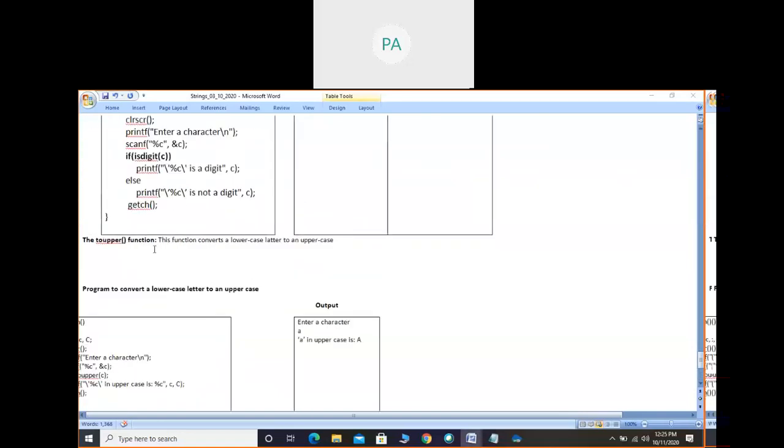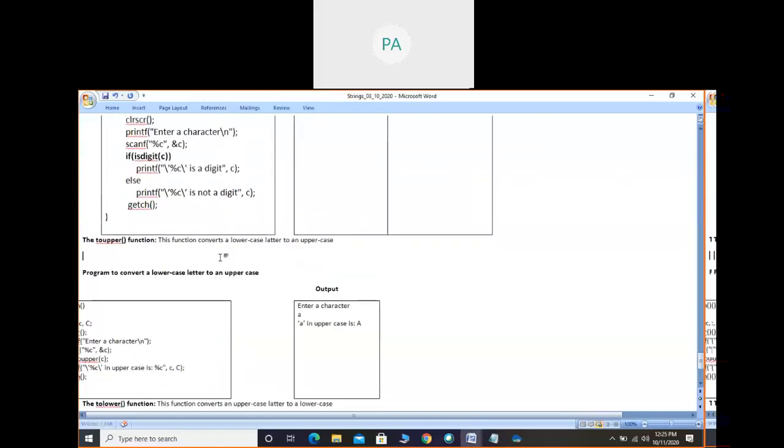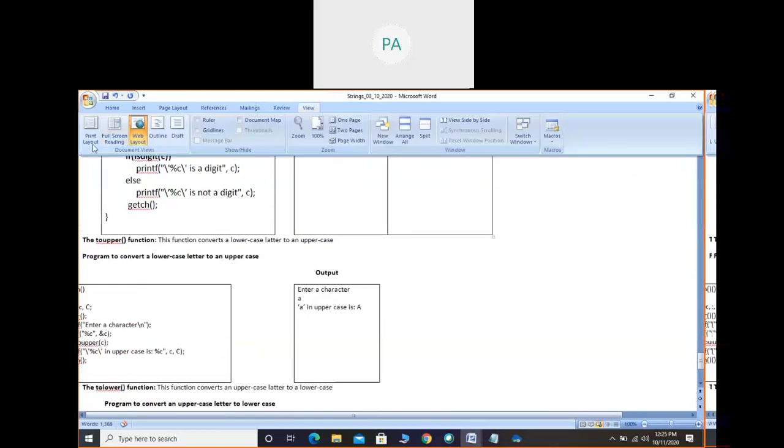So next we have two more functions, small, very simple functions.